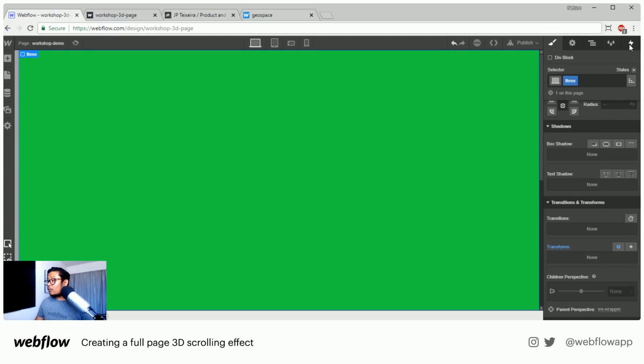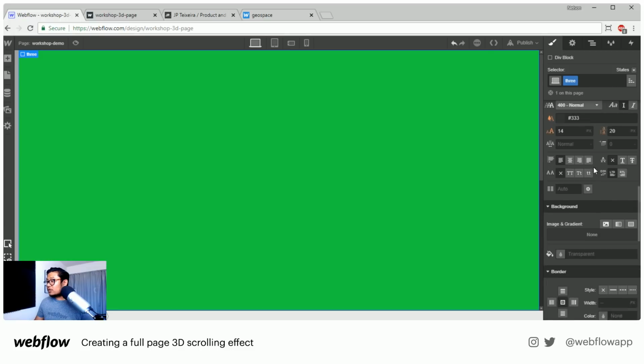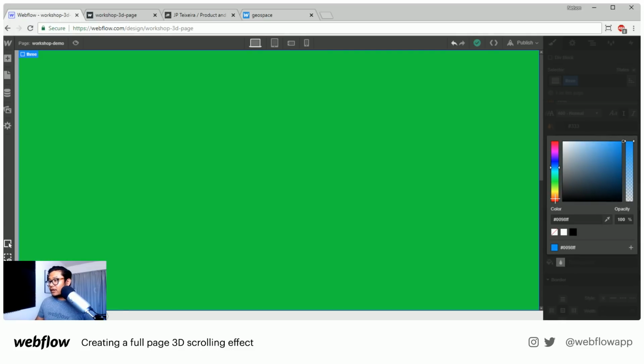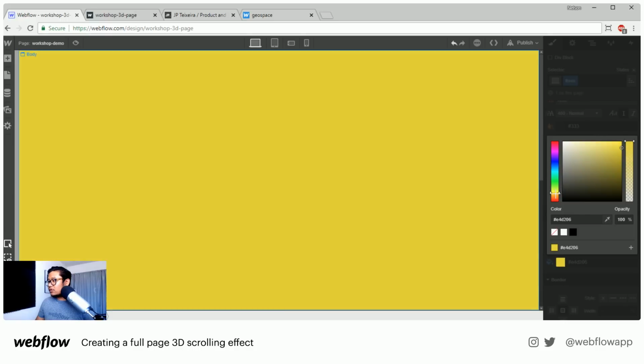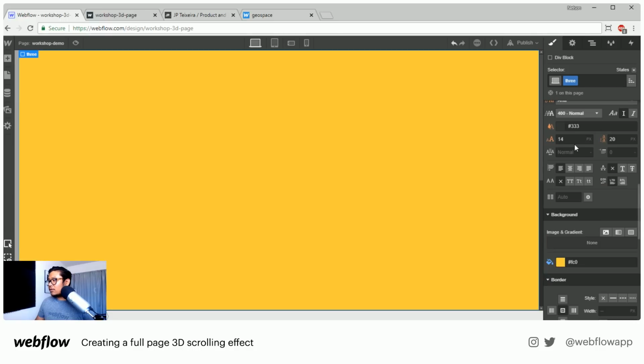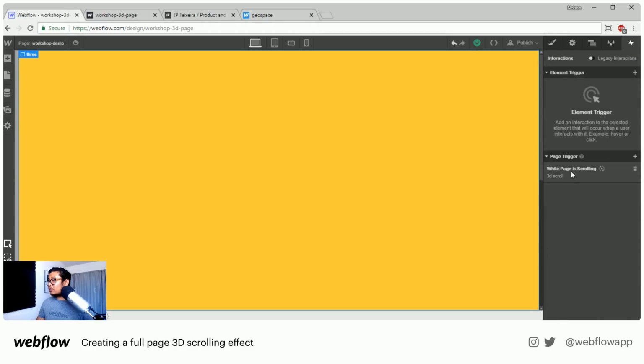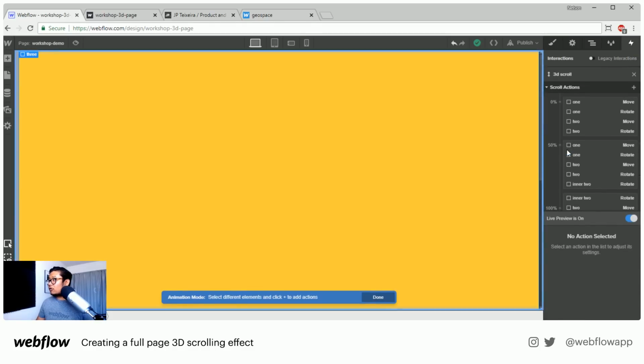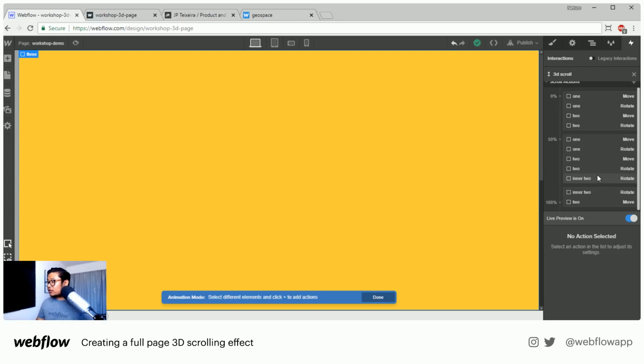Okay, now we're done with that. Oh, did we change the color? No, we didn't. All right, let's make it orange. That one, yeah. Okay, cool. Make it orange, and go to interactions, 3D scroll. Okay. And now, this one's going to start at 50%. Let's just double check real quick. Yeah, okay. Obviously you don't see it, but we'll start at 50%